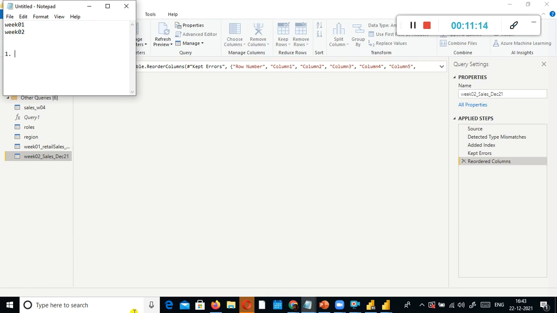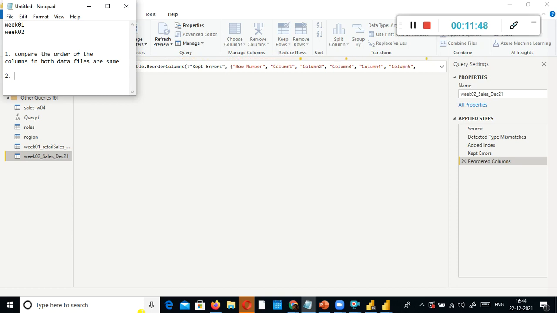If you don't follow the proper sequence, it will cause some errors. This is very much important. So compare the order of the columns in both data files. The order of the columns in both data files should be the same.